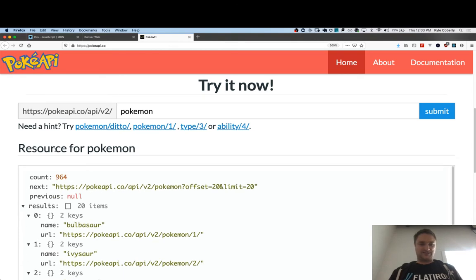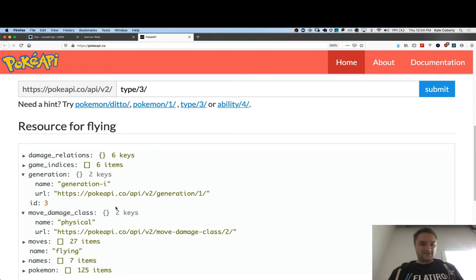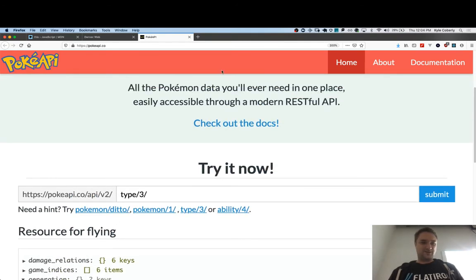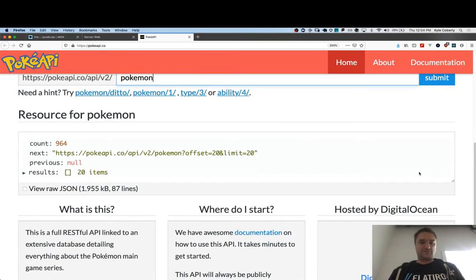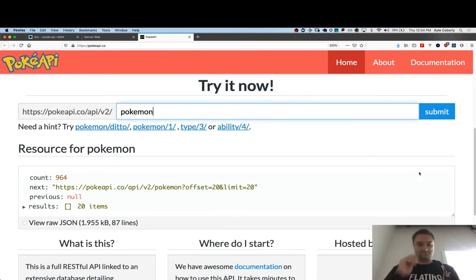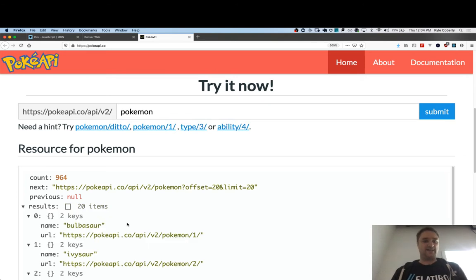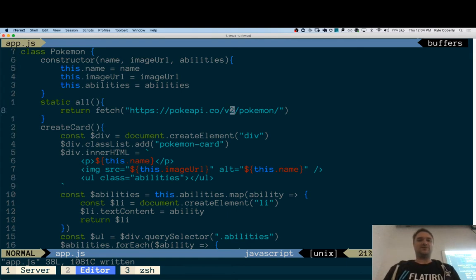Oh, I remember this. This one's a little bit harder because, let's see. All right, check this out. I'm asking you to do it. I'll do it too. So if I just get a list of 20 Pokemon, the problem is that I get a list of links to the actual stuff. So I follow that link and I get all of Bulbasaur's data. All right, so